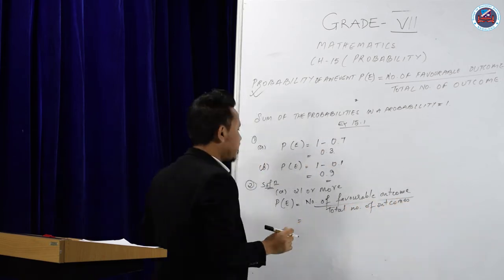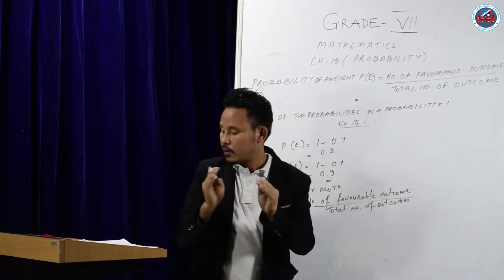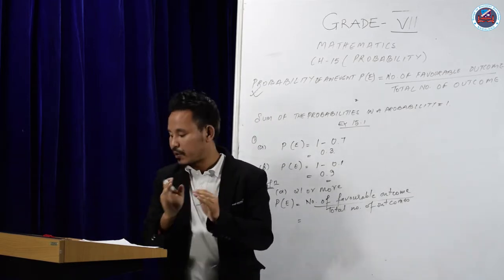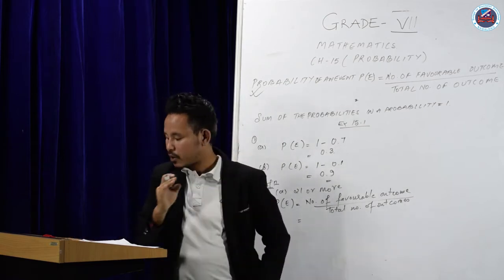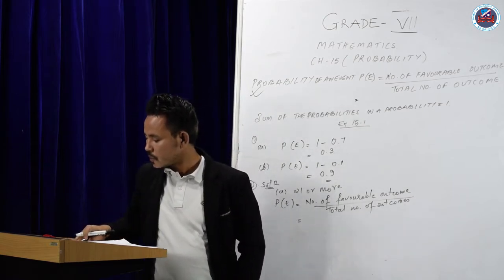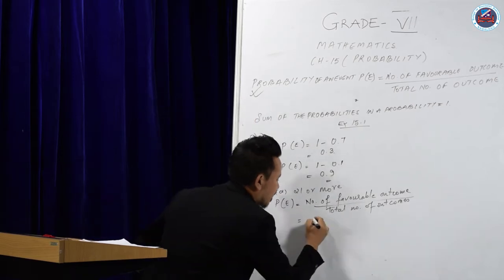Since it's 21 or more, we will not consider the slot under 21. The rest, the number of favorable outcomes, we can see 42 plus 32 plus 14, that gives us